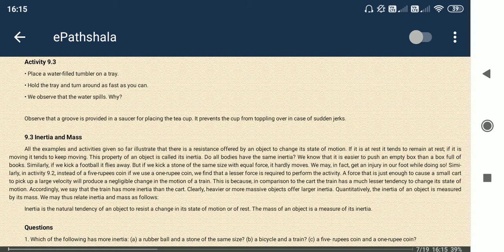So mass is another thing. The amount of force needed to change its condition from static to motion or motion to static is proportional to the mass of the material. If you can imagine easily, if we want to move a football, a very small amount of force is needed. But if we try to move a larger body like a truck or a car, then we need to supply a very high amount of force, right? So inertia is proportional to mass. The more the mass, the more force is needed, because it has more inertia.